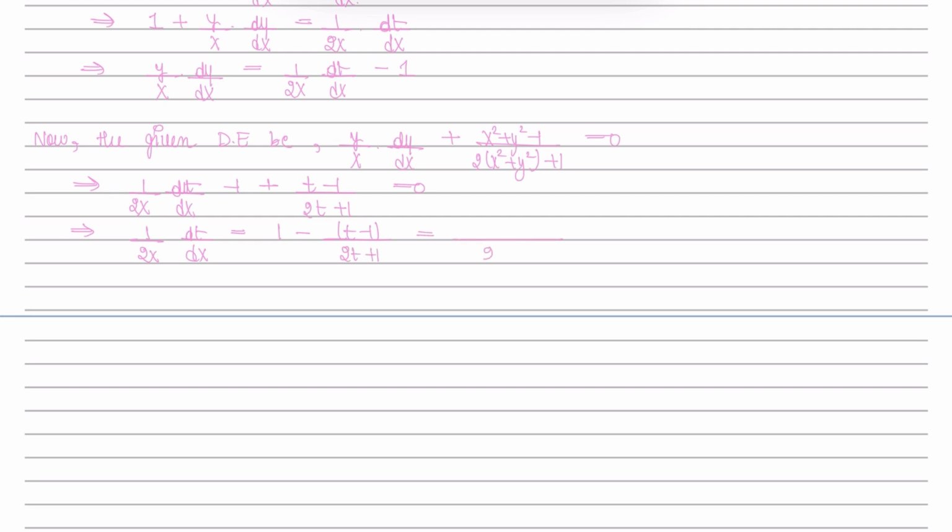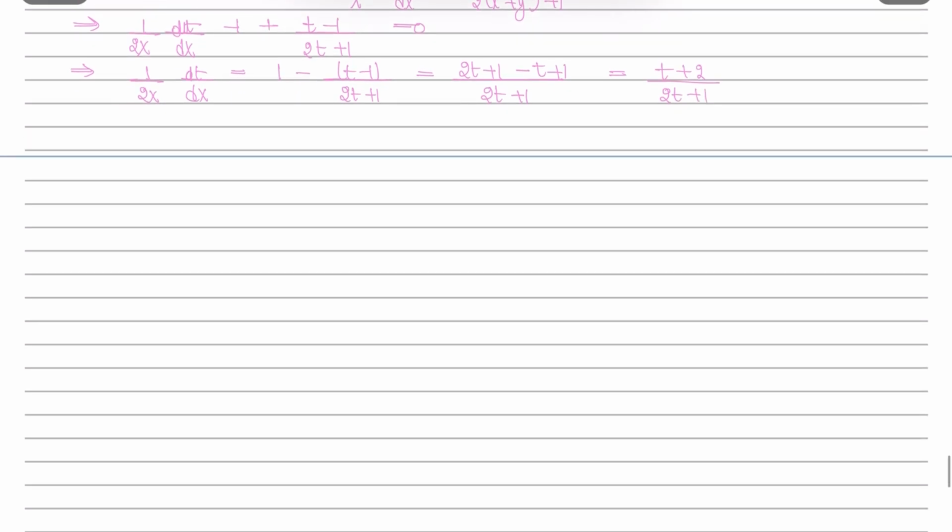Taking LCM, it becomes 2t plus 1 minus t plus 1 and t plus 2 upon 2t plus 1. Let us rewrite the equation as 1 upon 2x dt by dx is equals to t plus 2 upon 2t plus 1. Taking the like variables on one side,